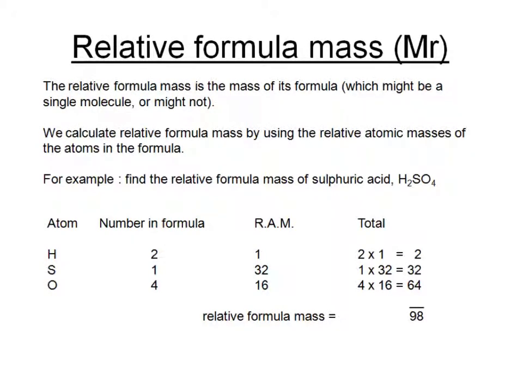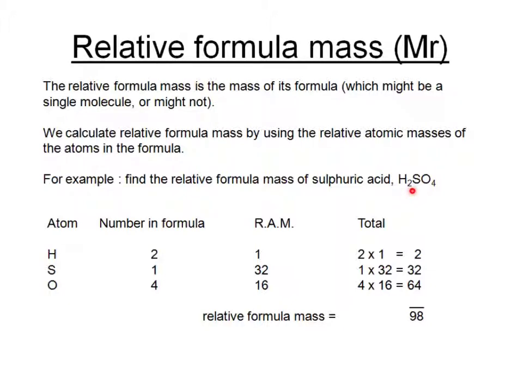So the mass of an atom we just read off the periodic table, but if we want to work out the relative formula mass, or the mass of a molecule or a formula, we have to work out how many atoms of each element are in that formula and then multiply each of those by their individual masses. Taking as an example sulfuric acid, H2SO4, this formula means that there's two hydrogens in the formula,